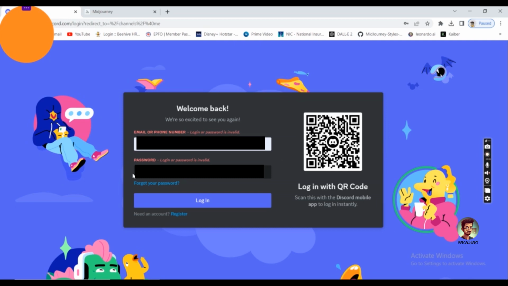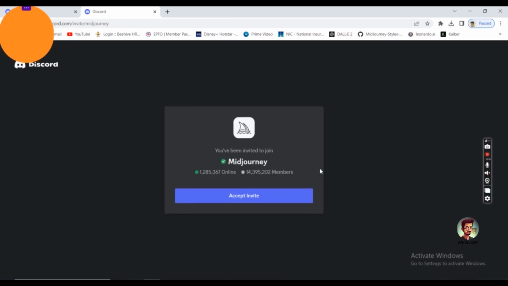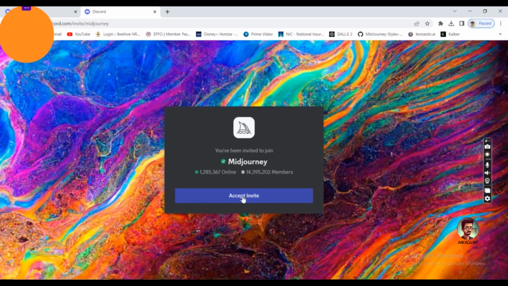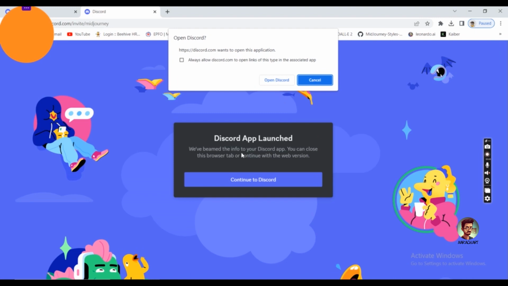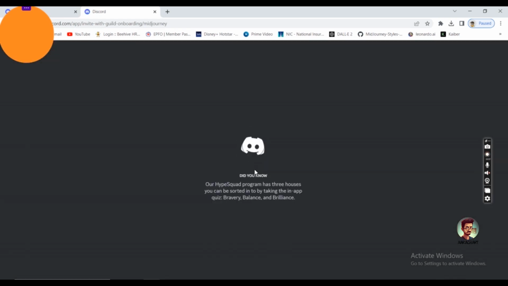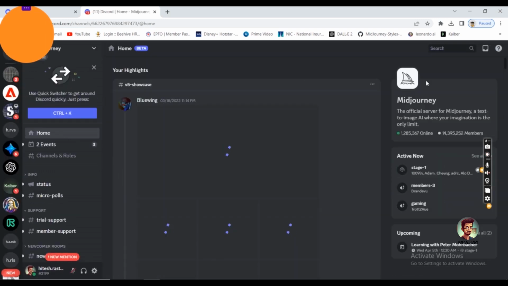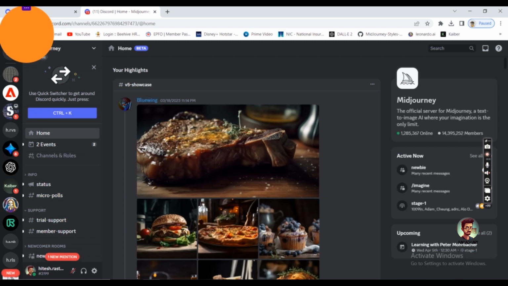Then go to midjourney.com, select join the beta, select accept, continue to Discord. Once Discord is open, you have many servers in your list. Then select the Midjourney bot server,